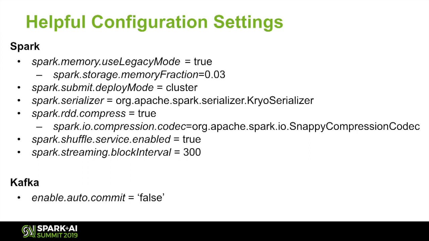And then the block interval. That is the number in milliseconds that a Spark streaming batch will wait to listen for data from a stream as it creates partitions. So it's kind of a tuning knob for parallelism on the Spark side. So if you don't have a lot of flexibility on adjusting your Kafka topics because you have a systems person who doesn't like you, then that's at least something you can do in the meanwhile and hopefully squeak by. And Kafka. So if you're going to be committing and managing your own offsets, turn that to false